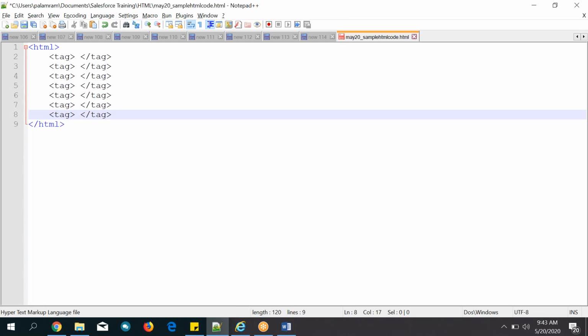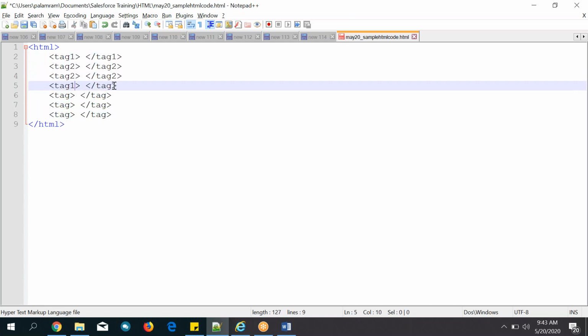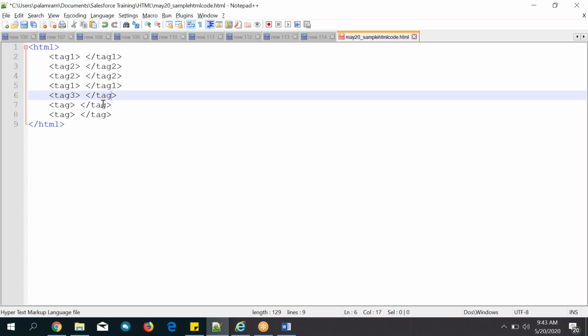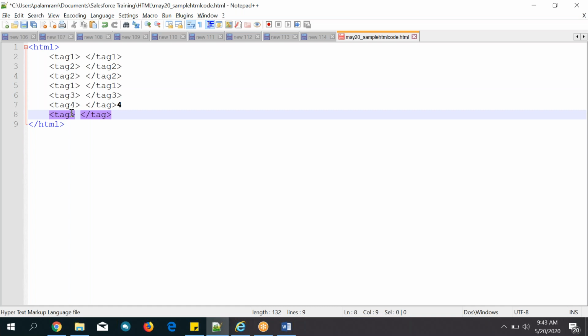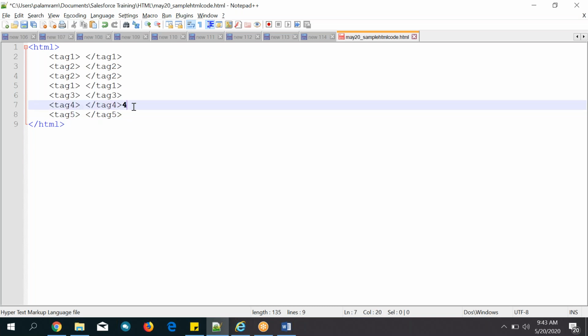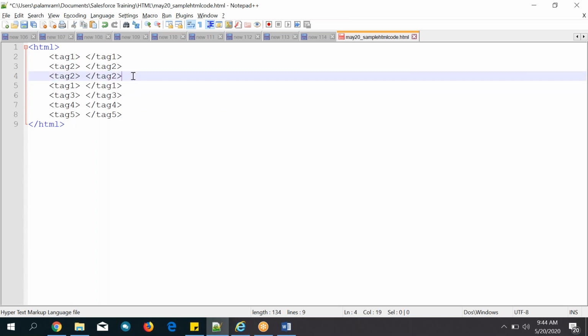Give any names, like tag 1, tag 2, close tag 2. Even tag 2 you can write, and tag 1 you can repeat also, no problem. Tag 3, tag 4, tag 5, tag 4. See here, you can repeat the same kind of tag names again and again.